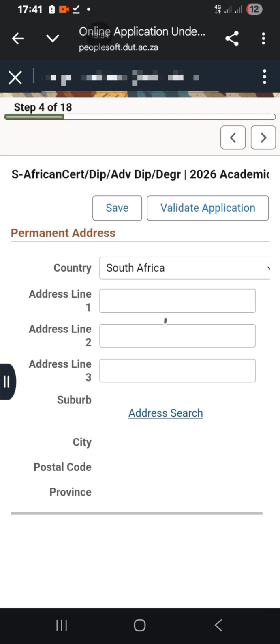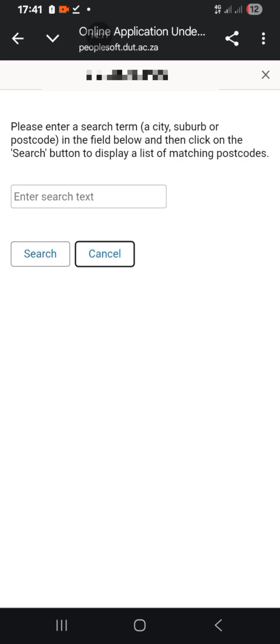Right, you can click lapha u-address search to quick find ikheli lakho. And then you have to wait until it finishes loading.